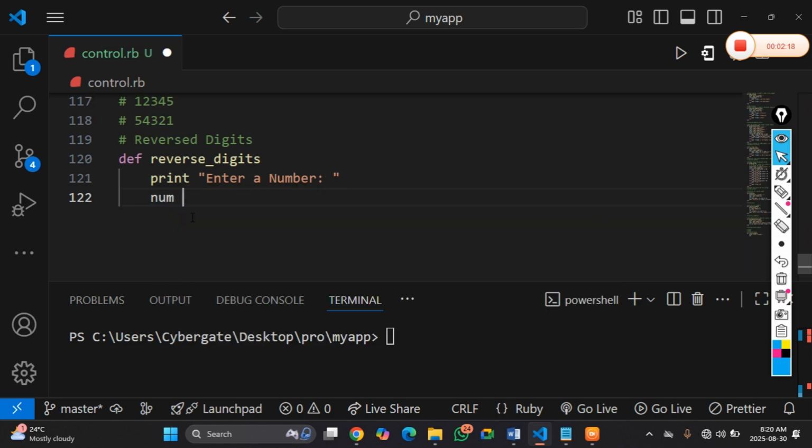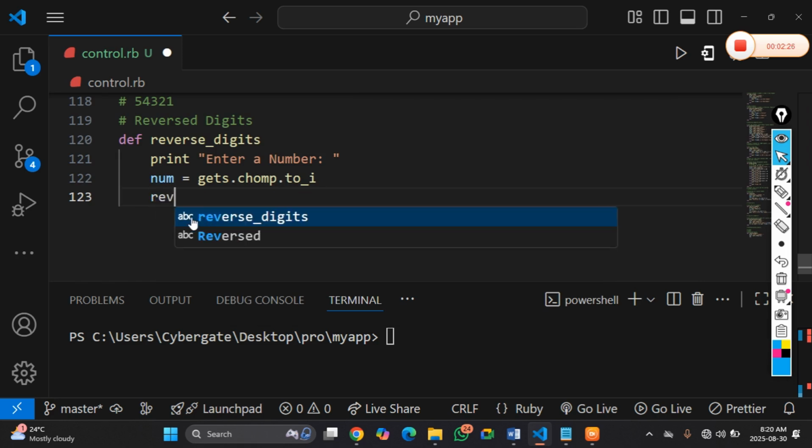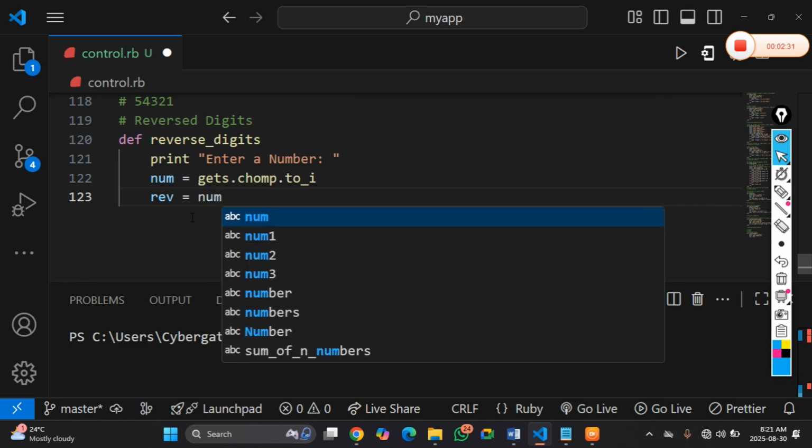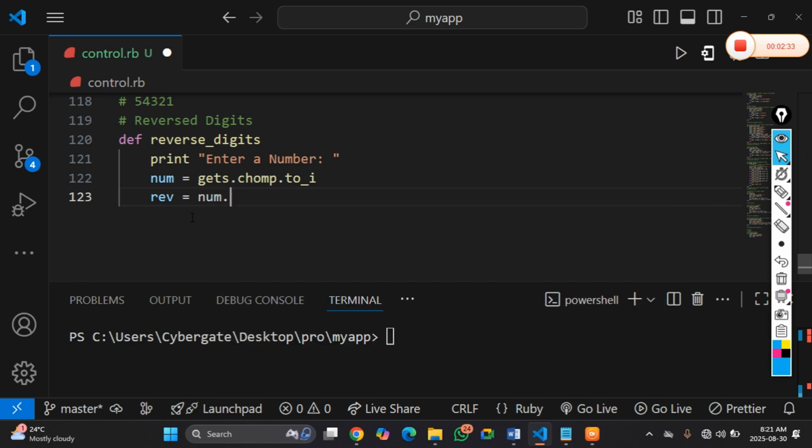So I'll just call it num, of course. Chomp dot to string, sorry, not to integer, and then the reverse string I'll just call it reverse, which is very simple. Just take that number, making sure we're converting it to string. So I'm going to say to_s on x, to convert that number that was just typed to string,